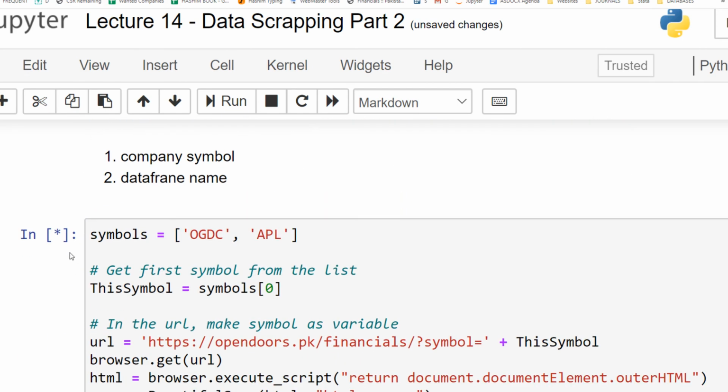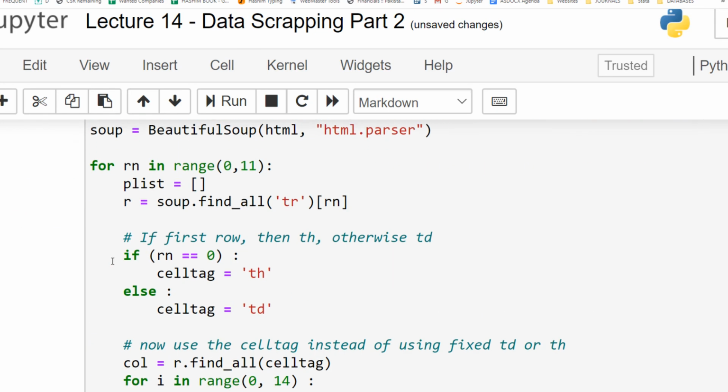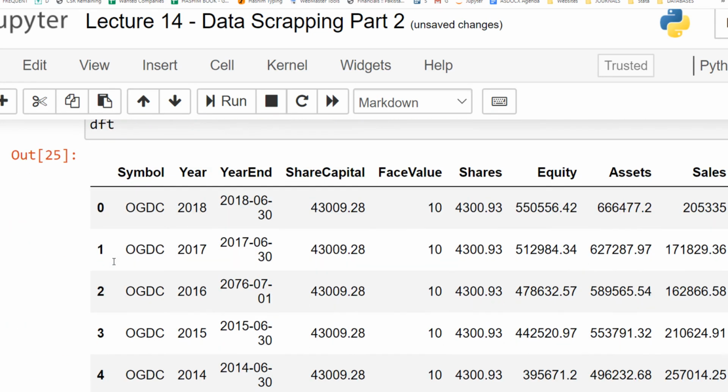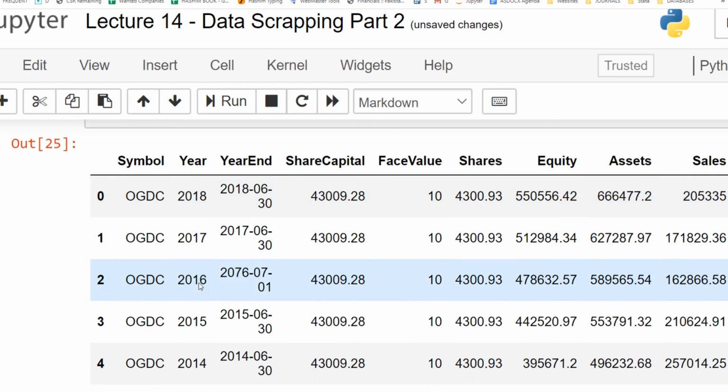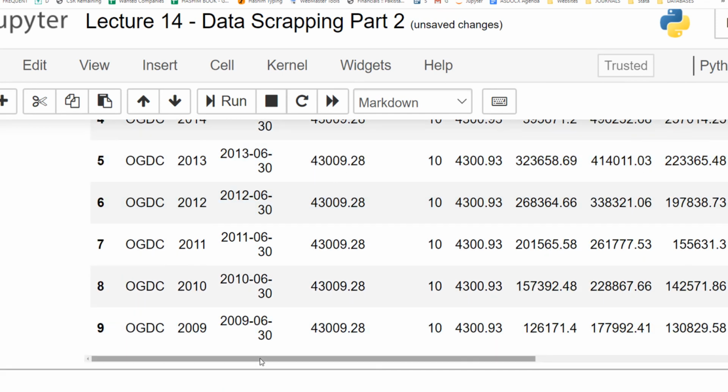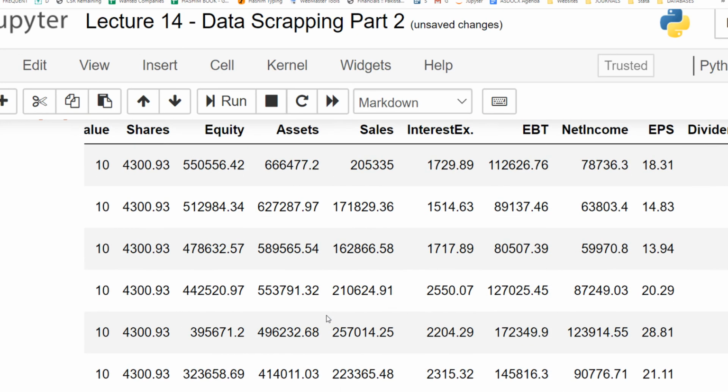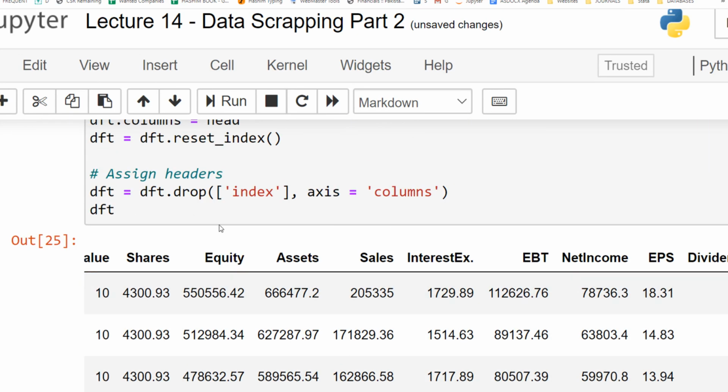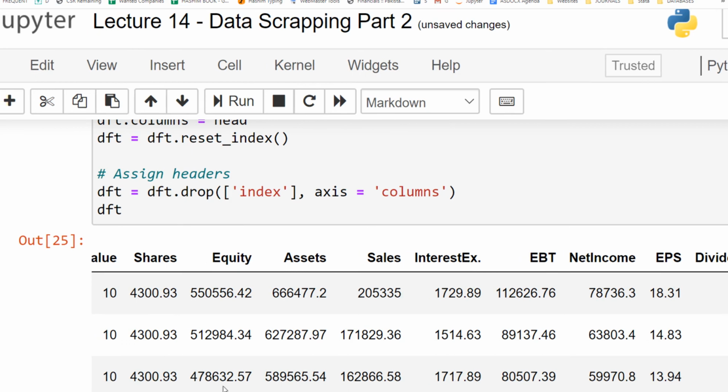And asterisk means that it is still processing. Once you get a number, it means it has been executed, so you should see the output. So this is the output. So now we have a very nicely formatted data frame that contains data from year 2018 up to 2009, with all the appropriate column names.